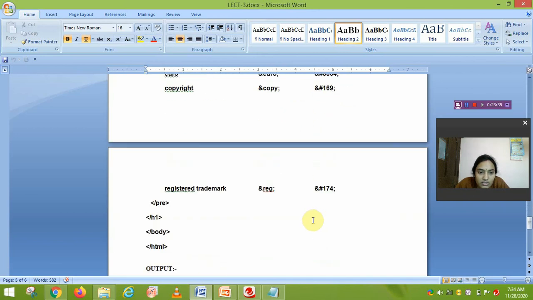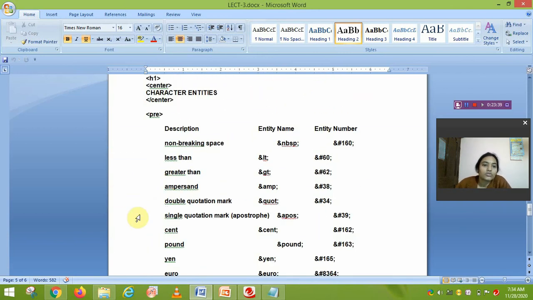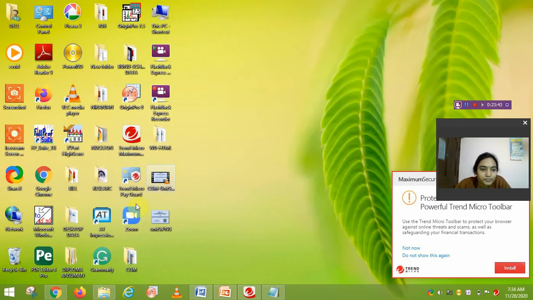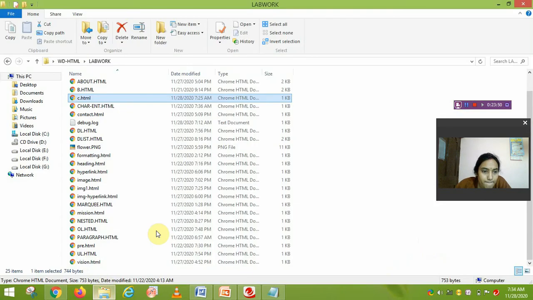So let us run this lab work and see how it looks. Character entities.